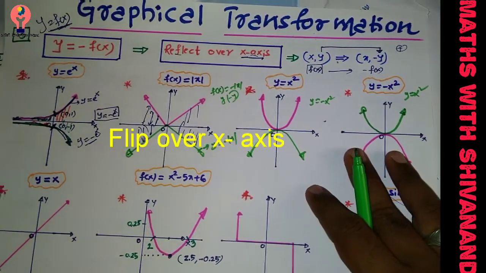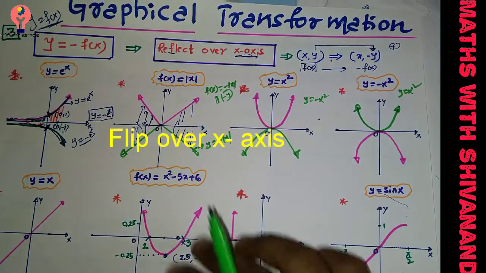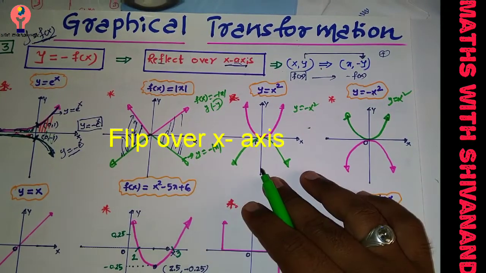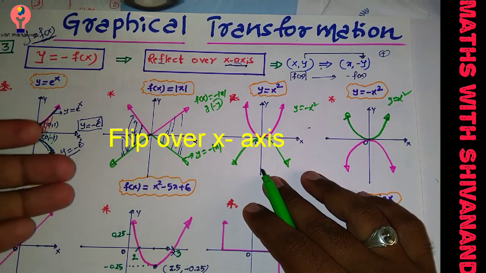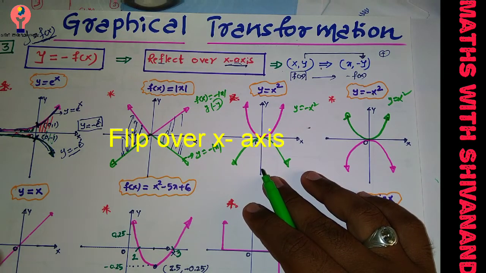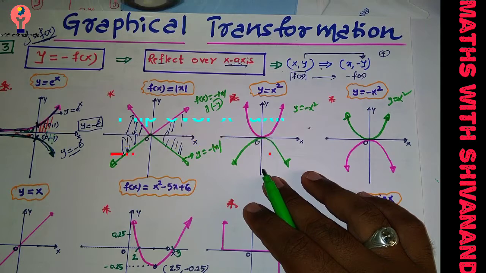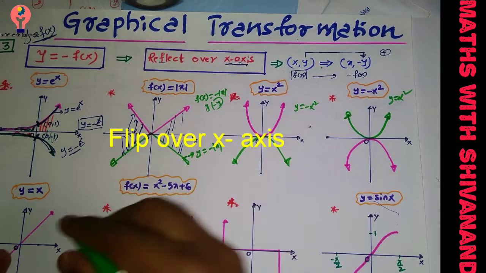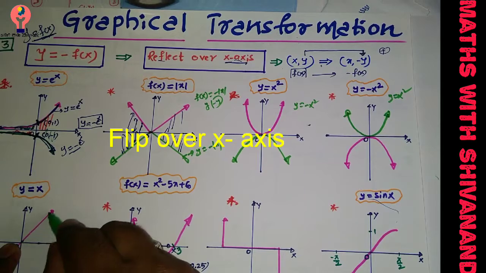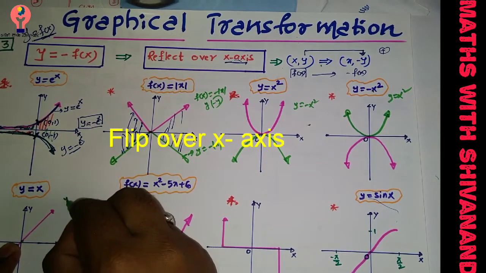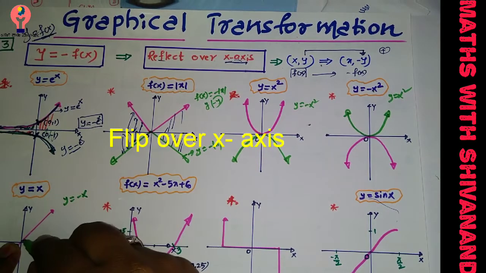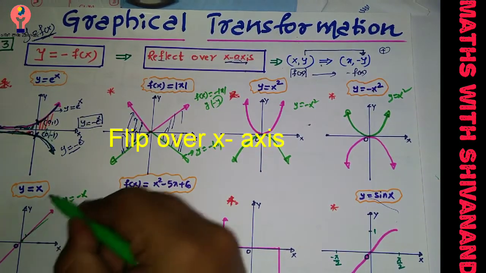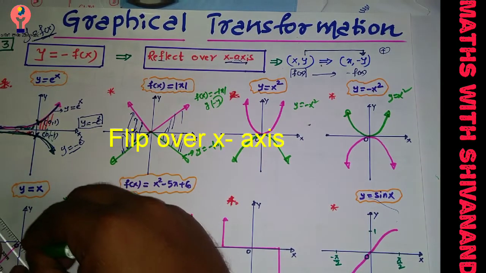Now see here, one more, our straight line y is equal to x. Now you need to reflect this graph over the x-axis. One part is above the x-axis, the other is below the x-axis. The part above the x-axis will come down below the x-axis. The part which is below the x-axis will go up above the x-axis. First this part has to be reflected. I am sketching the graph of y is equal to minus x. So this graph over the x-axis will get down. See this part, it will come down like this, definitely.